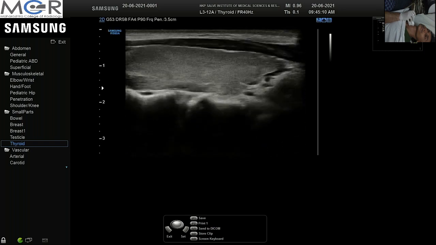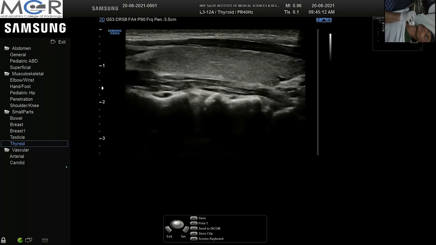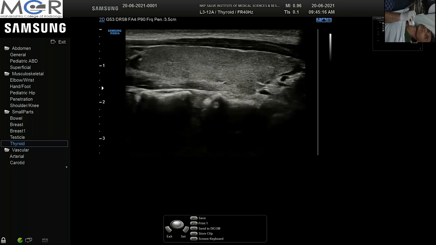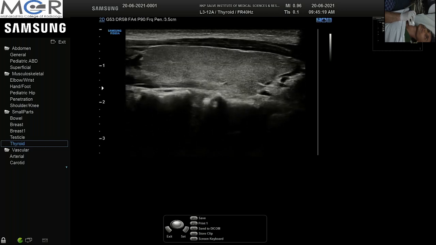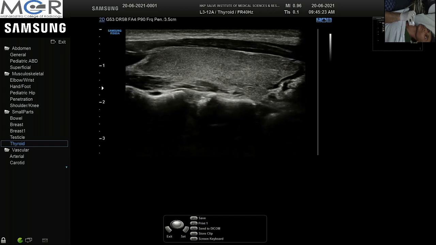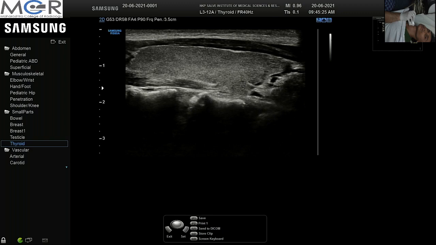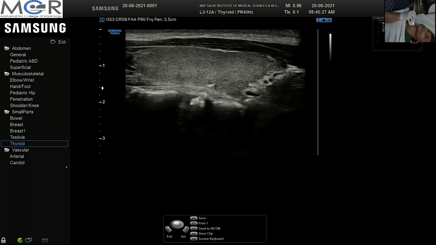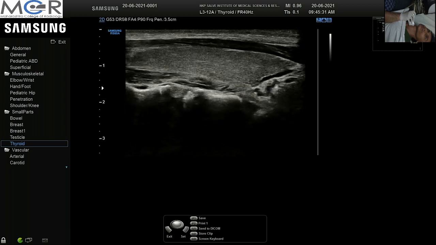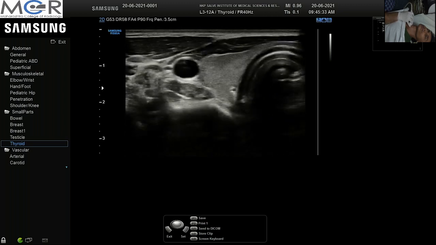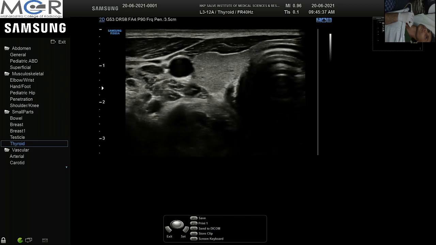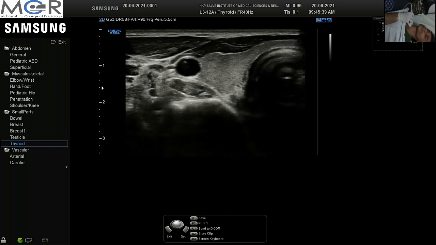And the length of the lobe of the thyroid depends upon the patient's stature. In thin and long patients, it can go up to 7 to 8 cm, whereas in obese it is up to 5 cm. But I usually take AP as the reliable indicator for thyroid enlargement. The third dimension that we take is the transverse dimension, maximum transverse dimension. Some people also take volume of the thyroid gland.